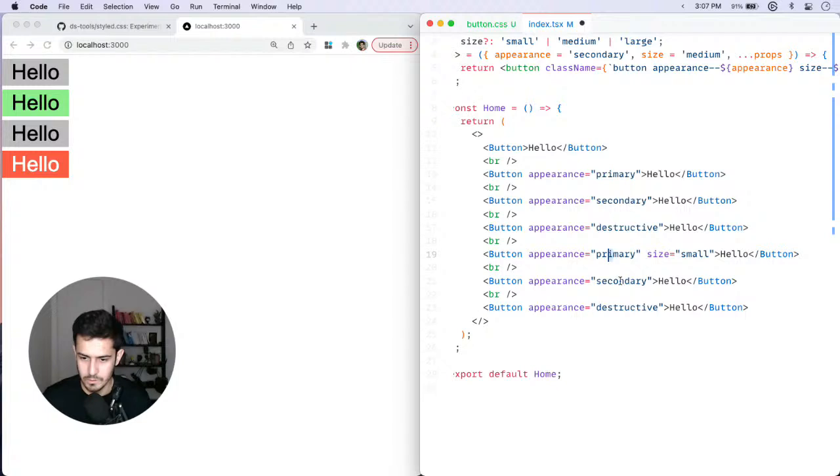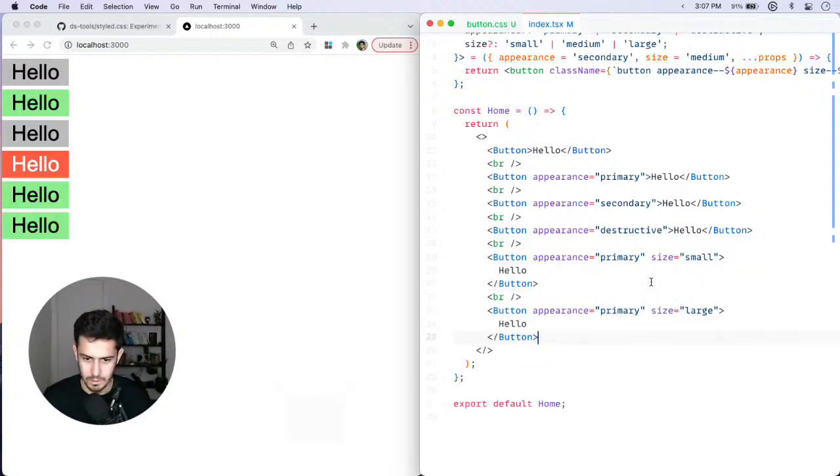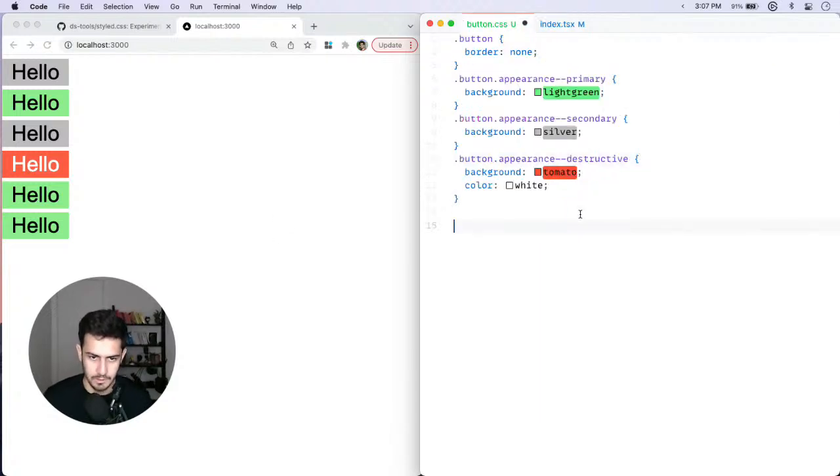So this one small, I want this one to be large. Okay then, I guess that should be good. And now let's write the style. Button